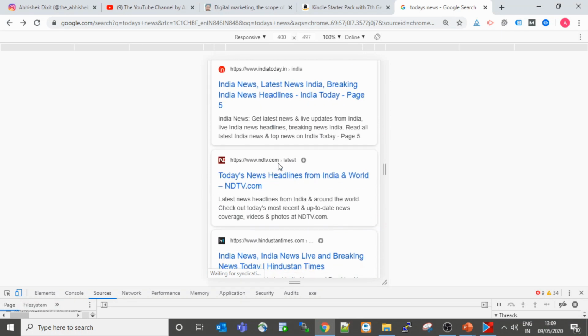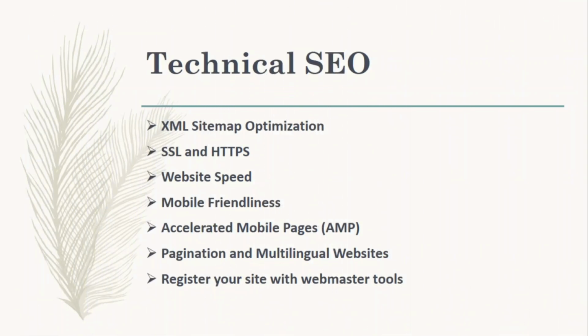So if you are working for any content related, current affairs related website, you can just ask your developer to create the accelerated mobile page, so it will help the user to load the page within 1 second, which increases user experience as well as user retention. Accelerated mobile page is done.